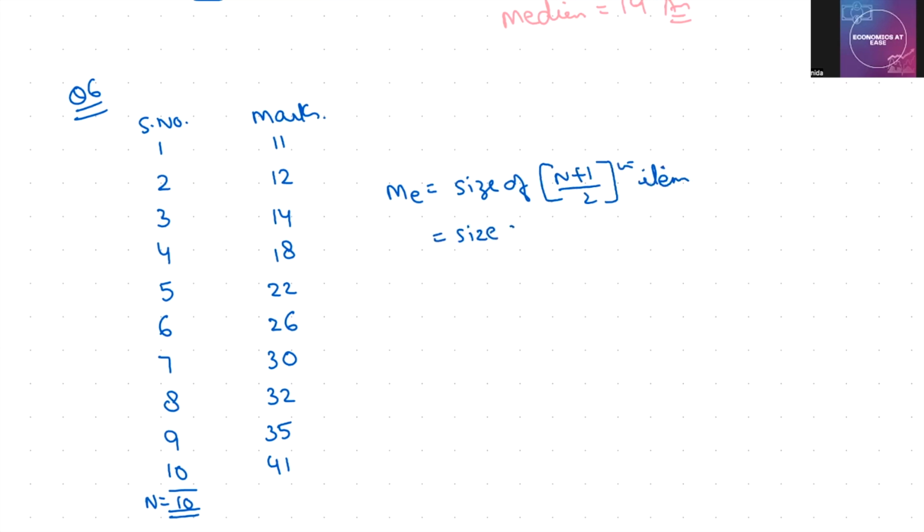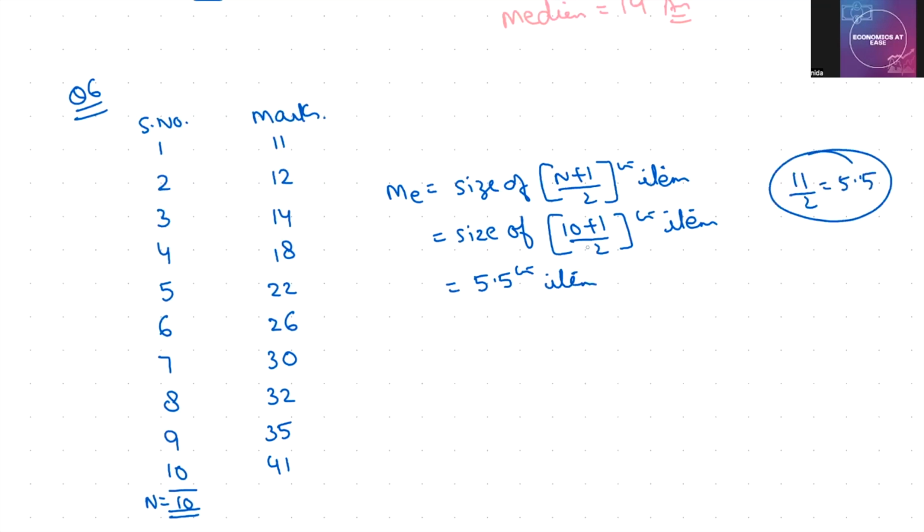Size of कितने हैं ये, 10 है, 10 plus 1 upon 2th item, कौन सा नंबर आ जाएगा आपका, 5.5 आइटम। सेम उसी तरह का निकला ना, 11 डिवाइड बाई 2 तो 5.5 आ गया। Now again, you have 5.5, which means 5 and 6। ठीक है, ये आपके आ रहे हैं मीडियन।